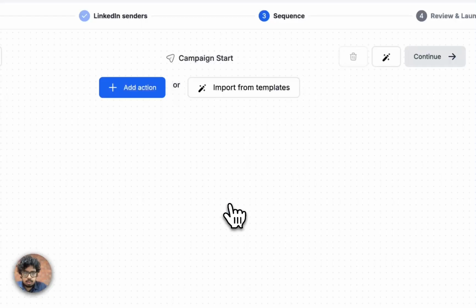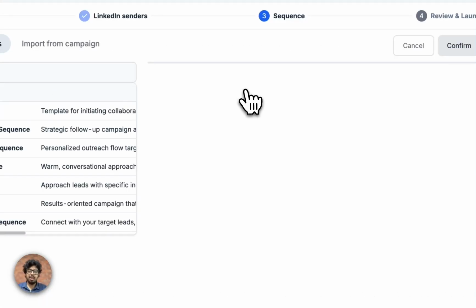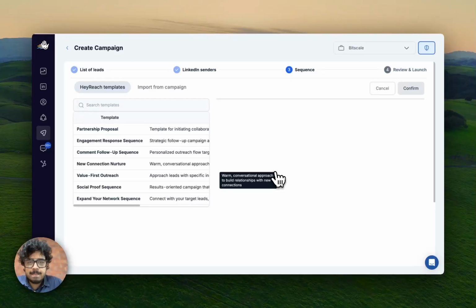For now, I'll just select myself here. We go to continue. All right. Now, this is where the campaign is usually set up. There are a few templates here which work pretty well. You don't really need to overly complicate this, because the interpersonal messaging is what really brings in the conversions at